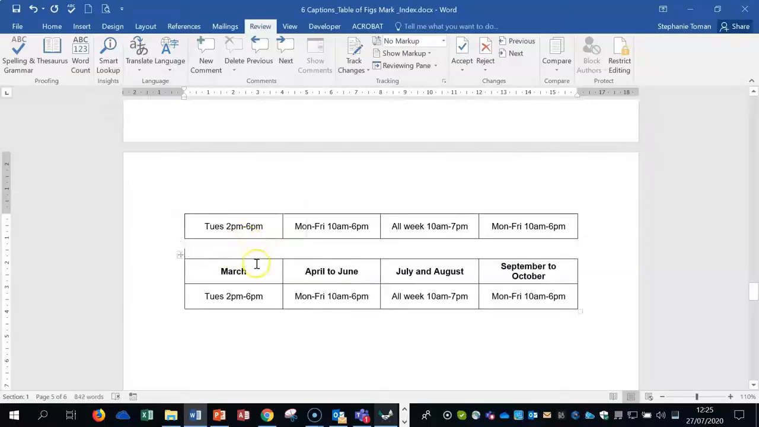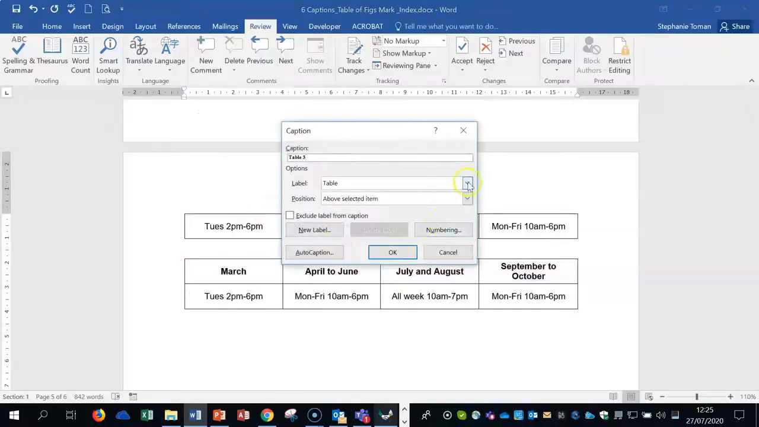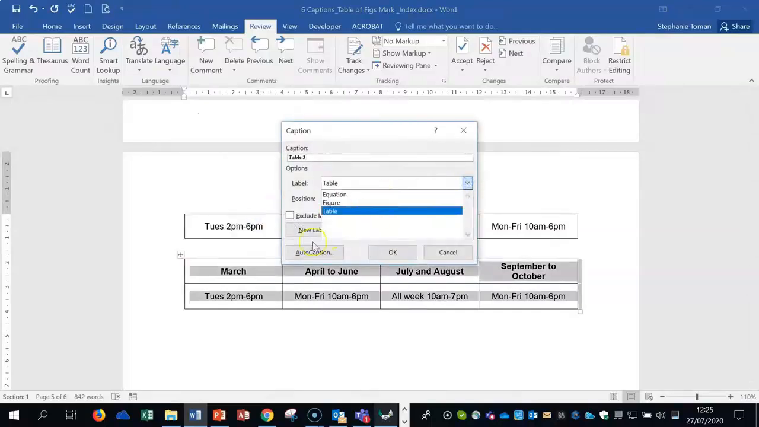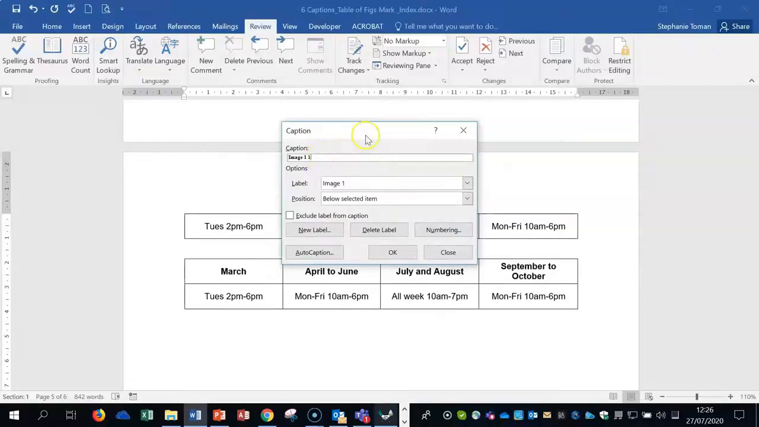And I'm going to change that to an image. So if I right click on this one, insert caption, and I want to change it to an image and I haven't got the label, if I say new label and I type in image, I don't put the numbering in with this. In the exam, sometimes they'll ask you to do an image 1 and then give you some text. A lot of people would put the 1 in like that, okay, and then you can see you get